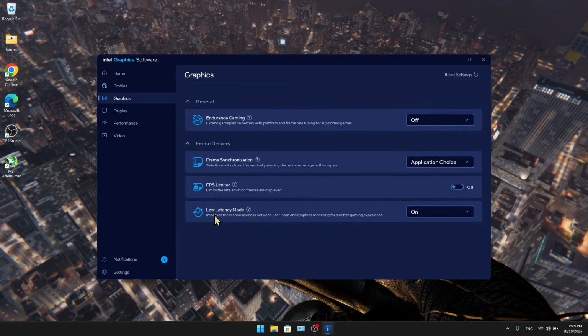And for this low latency mode, I always keep it on. There is this on plus boost, but it will sometimes make games run more stuttery. So I always use this on option, but you can test this option too. So for now, just select on, come to display,